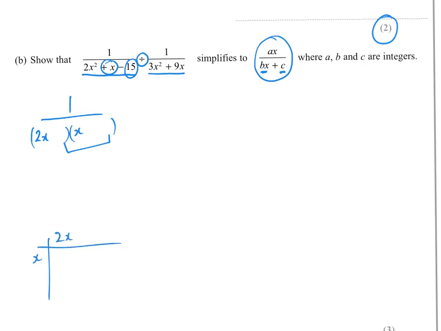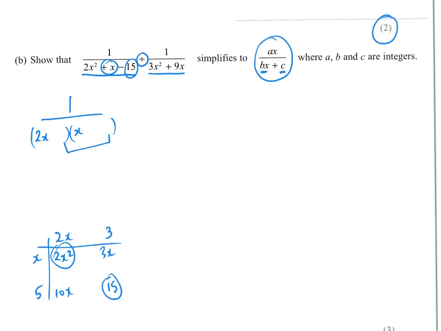I'll try something like 3 and 5 and see what happens. Well, this will give me 15, this will give me my 2x squared, but I want to somehow have a difference of 1. So if I call this 5 times 2x is 10x, 3 times x is 3x, well, I'll get my 2x squared,